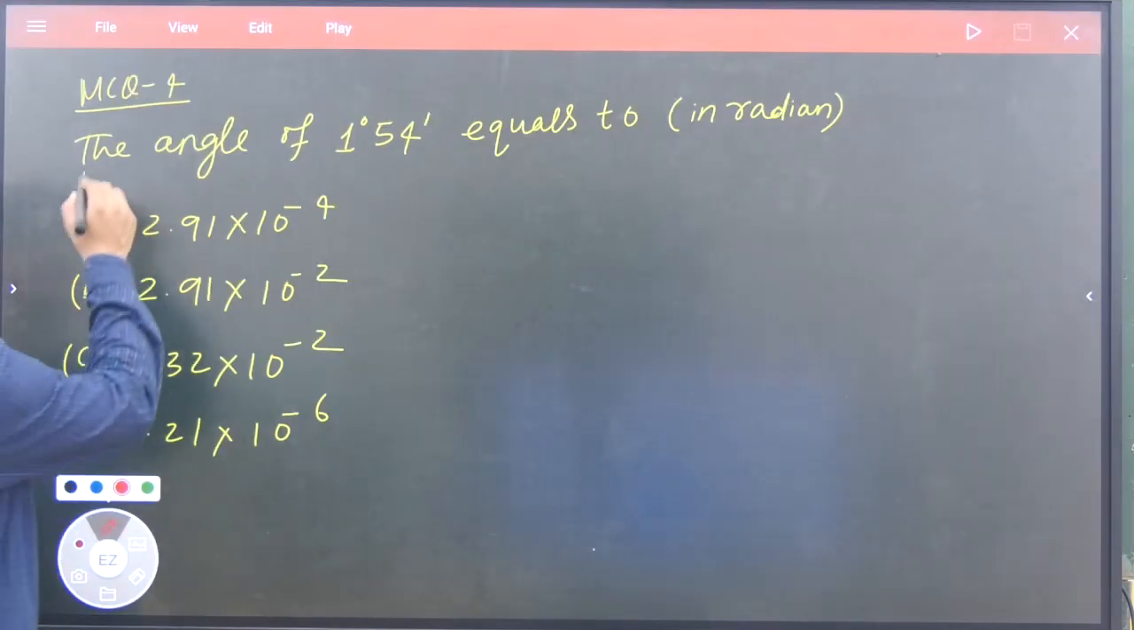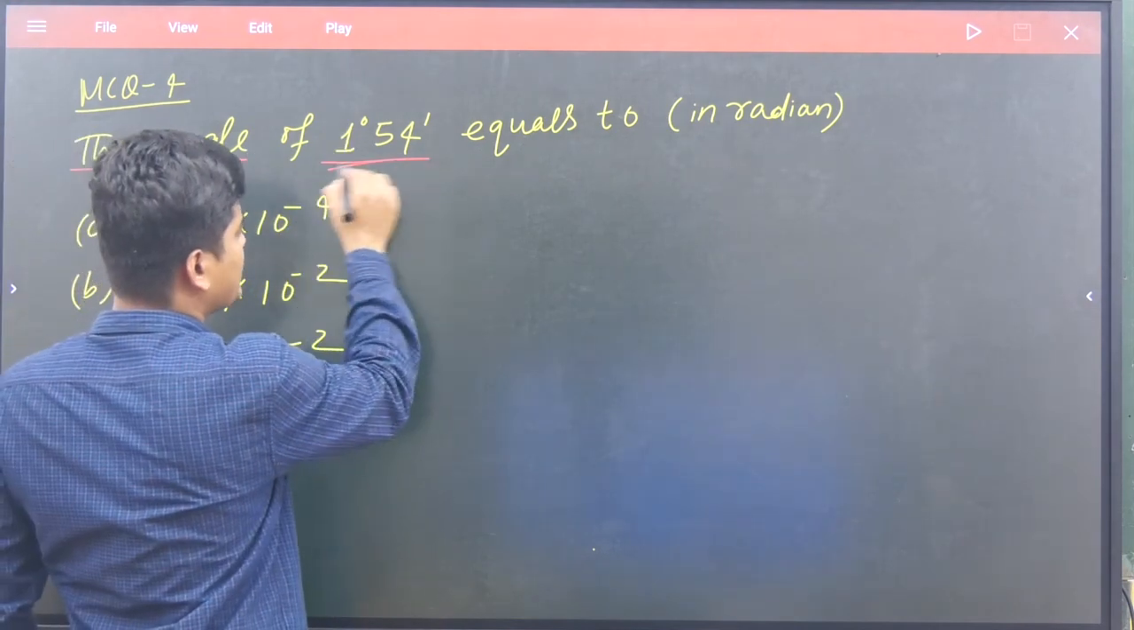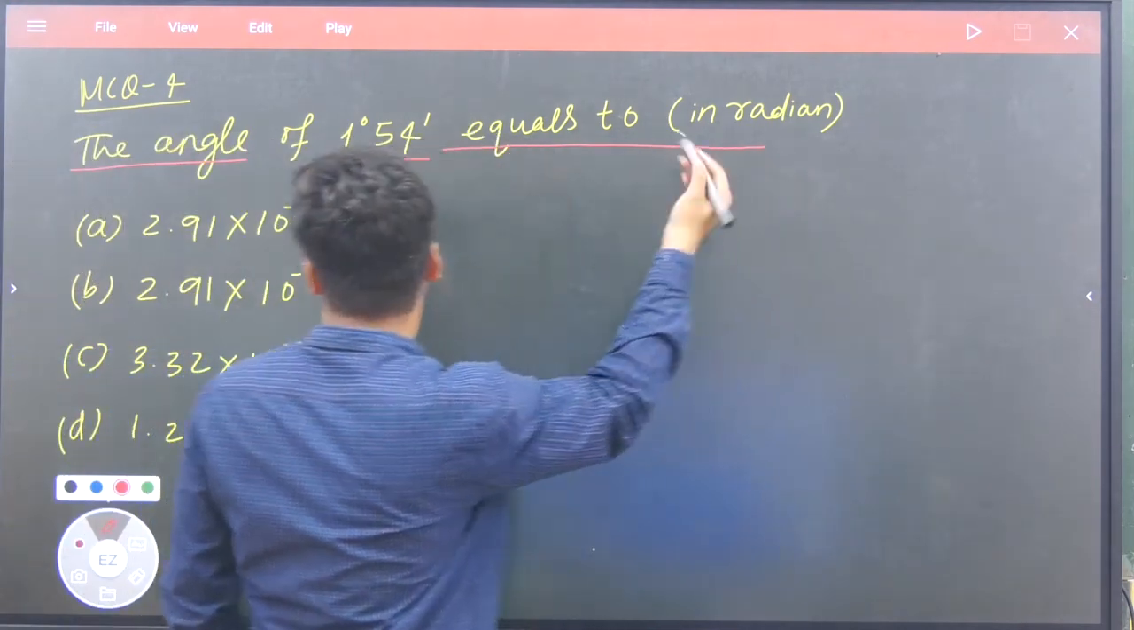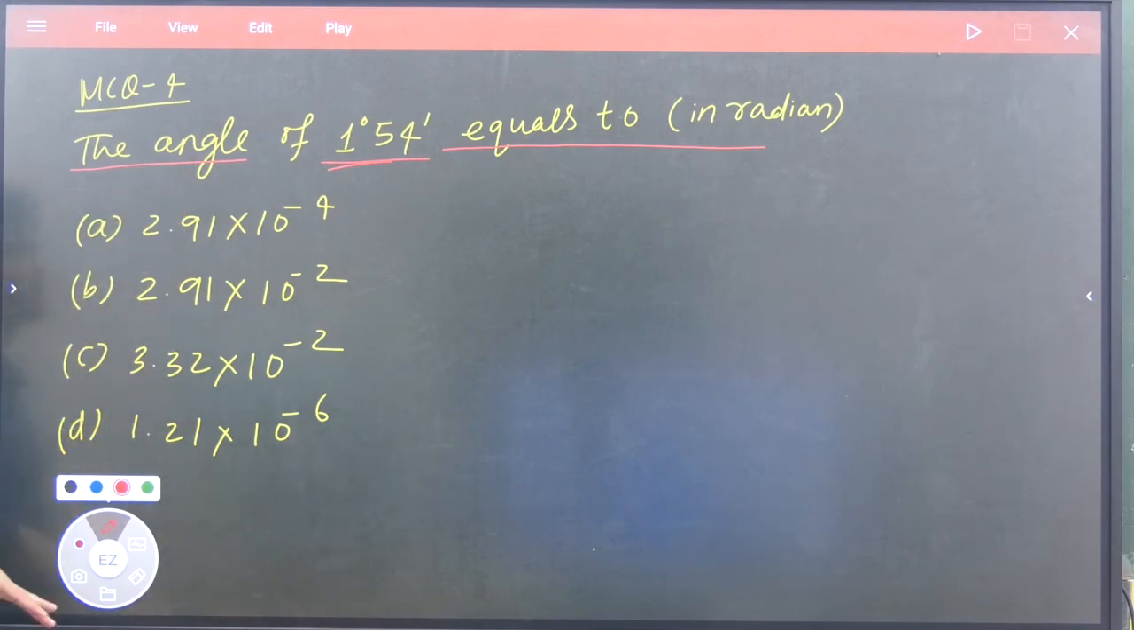Now here it is telling, the angle of 1 degree 54 minute equals to how much in radian, and here some values are given. Okay, so while